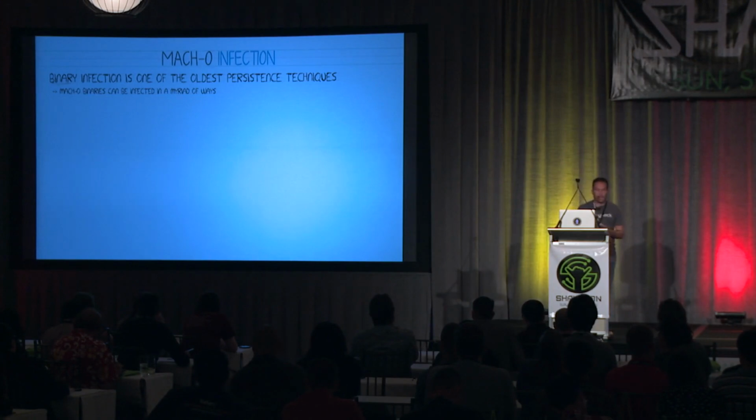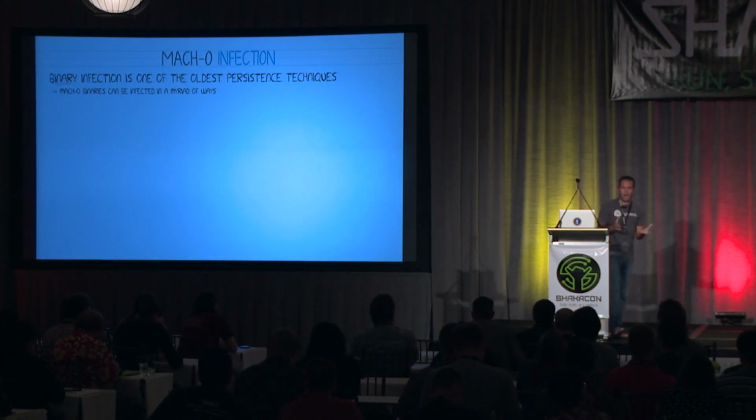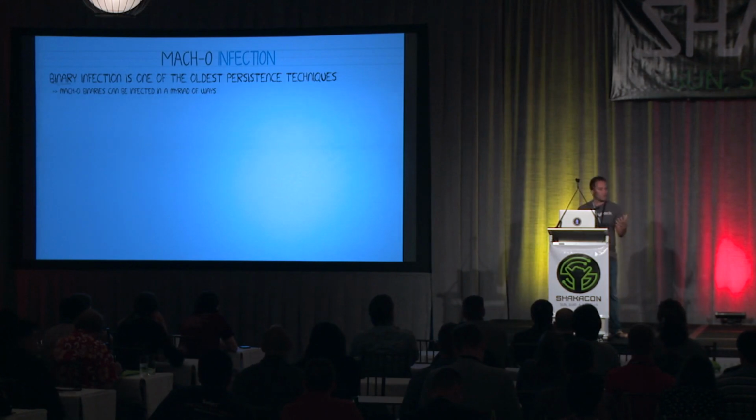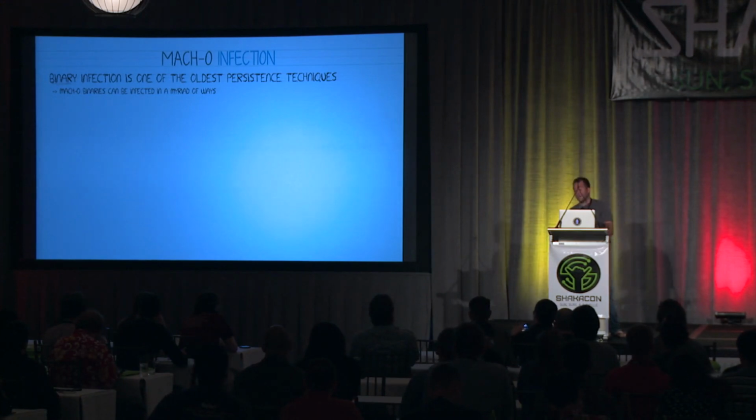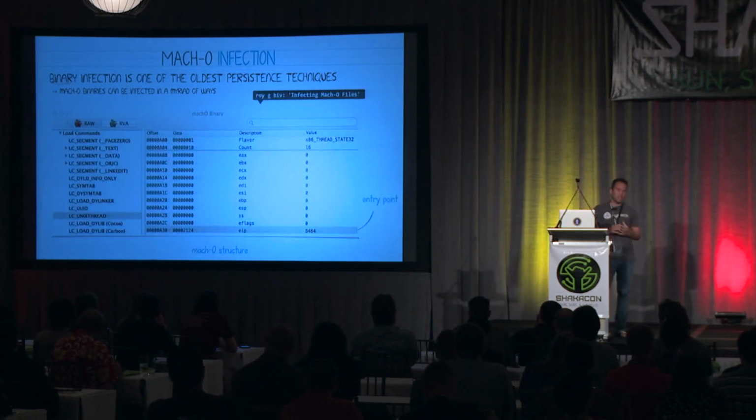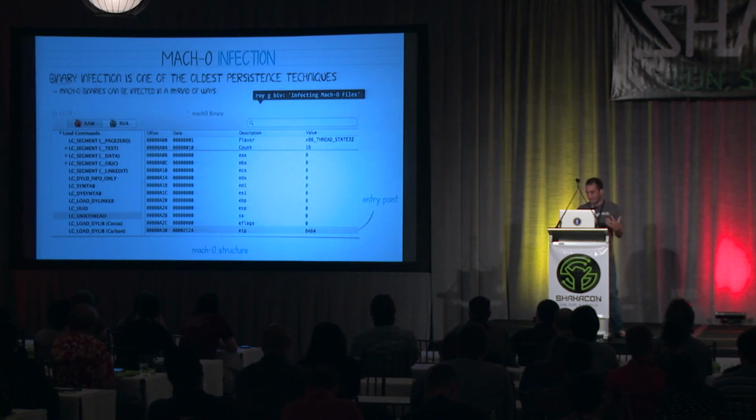So the final persistence technique I want to talk about is more of just an old school virus writing technique. Back in the day when I was growing up, virus writers were the cool guys. They were releasing all these cool articles about binary infection, and really viruses were the most common form of malware. Viruses work by infecting files, injecting viral code in order to replicate. Since we showed that OSX apps can be unsigned, binary infection might be back in style, which I kind of hope because it'd be some nice job security.